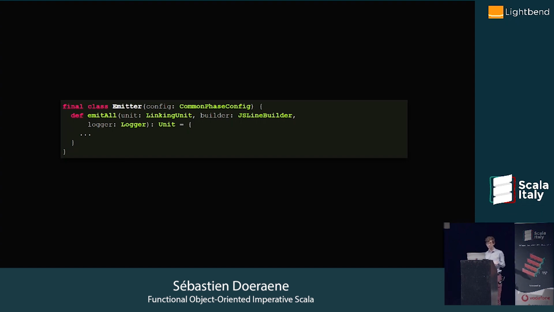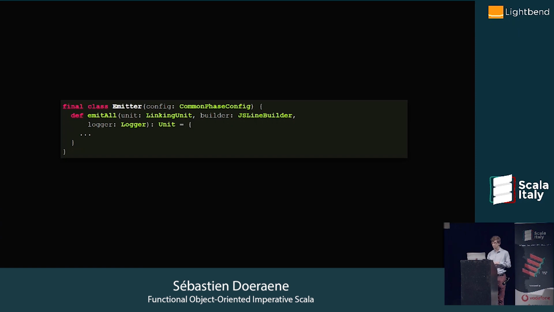And it has basically one method, which takes a linking unit, that's the program, like the entire program as IR. It takes a builder to output the textual JS code, that is the output, and it takes a logger for logging purposes.